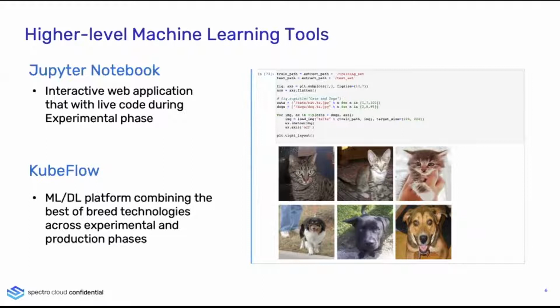Kubeflow is a holistic platform in that it provides the majority of the tools we saw in the previous slide, as well as Jupyter Notebook. Everything from Jupyter Notebook, Katib, TensorBoard, metadata, all these different tools are bundled as part of Kubeflow to make it easy for machine learning scientists to leverage all these technologies without having to install these things one at a time. And on top of that, any dependencies that may be required for Kubernetes, things like being able to install your cert managers or Istios or ingress controllers,